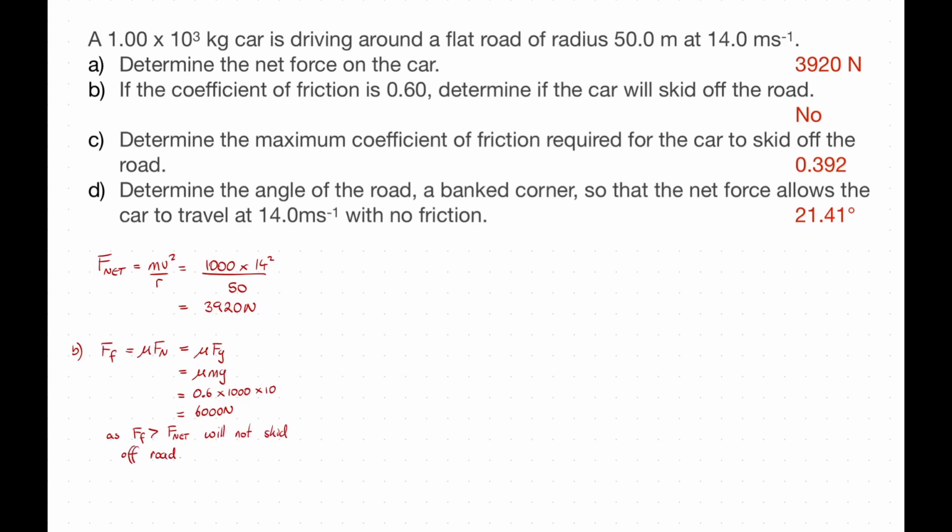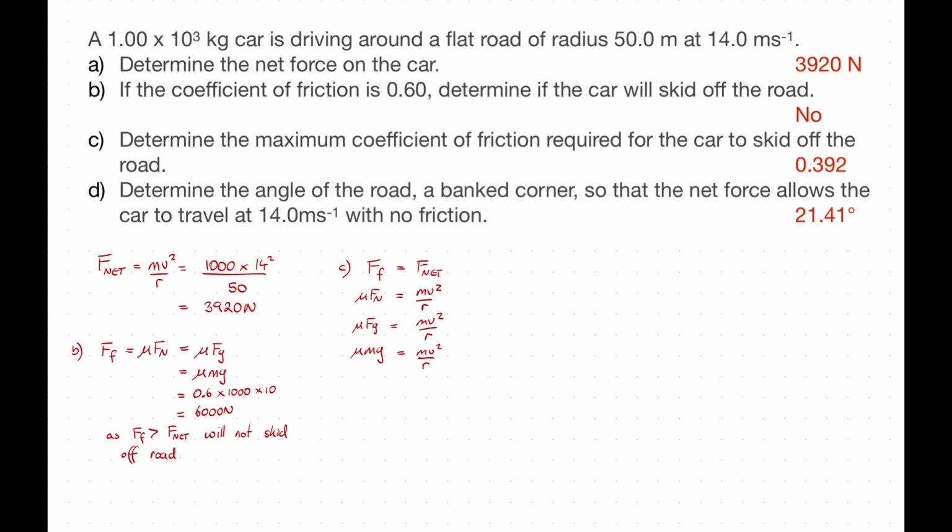Next part, so part C, determine the maximum coefficient of friction required for the car to skid off the road. So the easiest way to do this would be to find the coefficient of friction that still meets that requirement. So we're going to look at when our force of friction is going to be equal to F net. Mu Fn is going to be equal to our F net. Fn in this situation is still driving on a flat road, so it's going to be equal to Fg. So our mu Fg, which is then going to be equal to mu mg, and this is all going